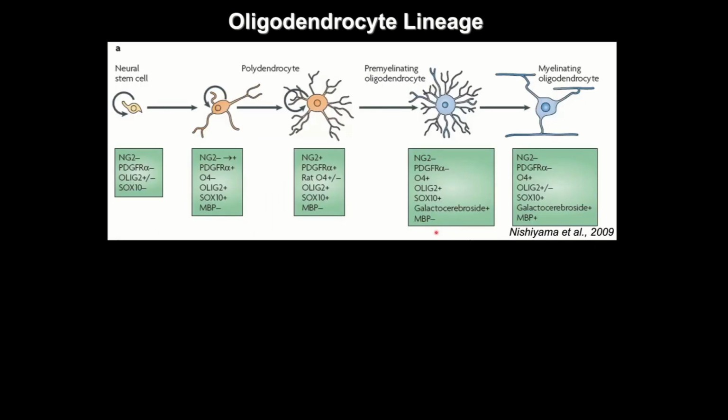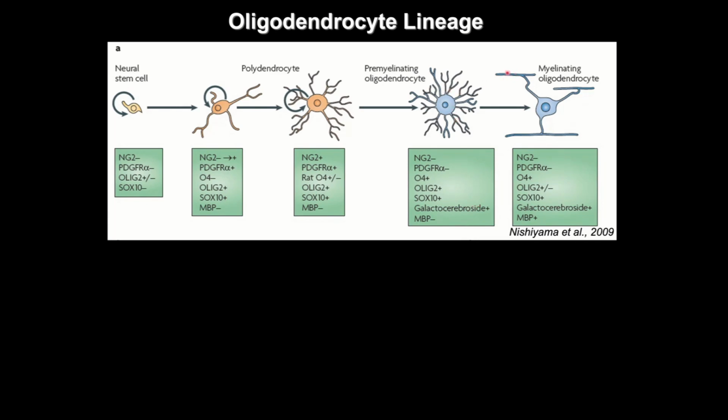Within this model, being interested in myelination changes, I began to study the oligodendrocyte lineage. This is what happens normally during development. We have stem cells that go down an oligodendrocyte pathway. These progenitor cells, also called polydendrocytes or OPCs, tend to express developmental markers like NG2 and PDGF receptor alpha. You'll hear me refer to these cells often as NG2 cells throughout the talk. During development, some of these NG2 cells go on to differentiate into premyelinating oligodendrocytes, and they downregulate their markers like NG2 and PDGF receptor alpha and start to upregulate some oligodendrocyte markers.